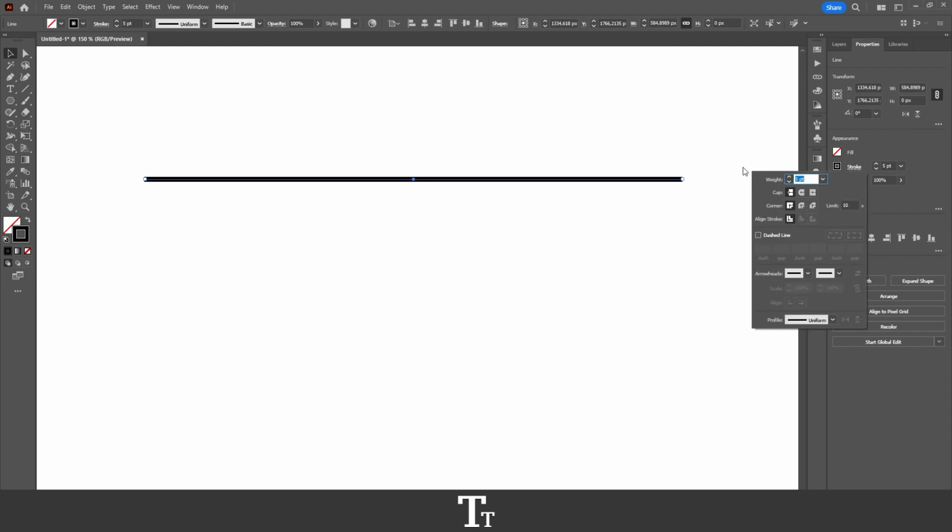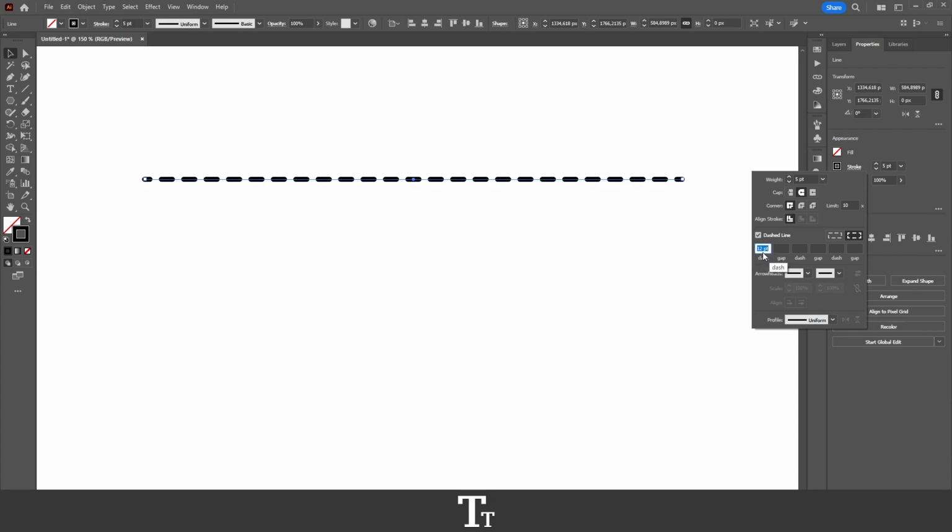And you can see that this panel will now show up. So the first option we want to do is to change the cap right here. This is right now set to butt cap. And we want to change this to the round cap. Just like this. Then we want to go down where it says dashed line. We want to check this. And you can see that our line is now turning into a dashed line. We don't want that. We want a dotted line.